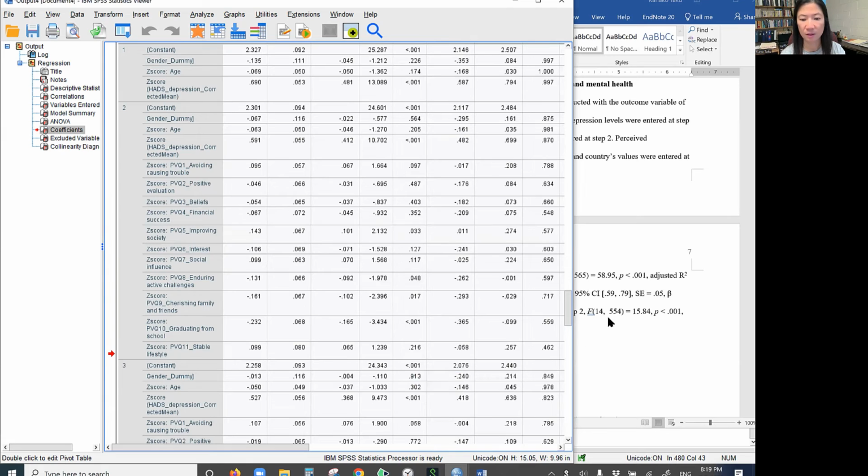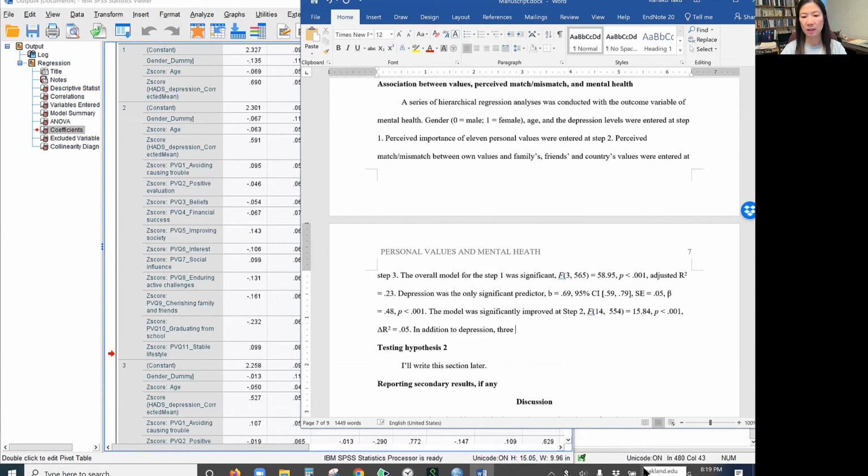Yep, 3 perceived importance of values. Maybe I can just add that 3 values were significantly associated with mental health. And then I'm going to put value 1, beta equal to.